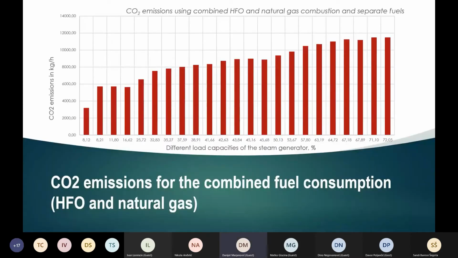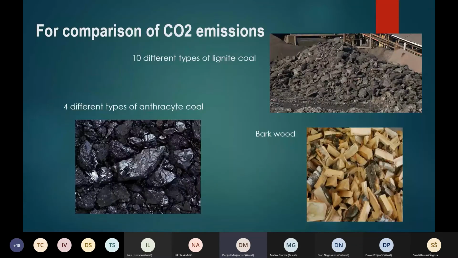In this picture, it's shown that the carbon dioxide emissions for the combined usage of heavy fuel oil and natural gas, as is the standard operating mode for the generator, and the emissions are presented in kilograms per hour and vary from around 3,000 to a bit above 11,000 kilograms per hour, depending on the different load capacities of the steam generator. The fuel types compared were the combined usage of heavy fuel oil and natural gas and their respective